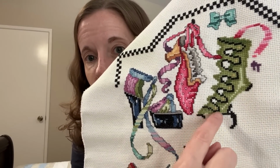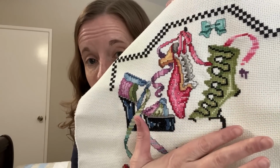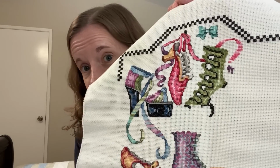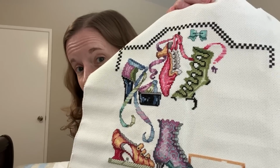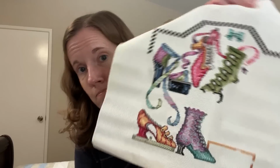So I'm starting in to finish out the green area, and then I'll do the black gray base of the shoe, and then finish out the ribbon and backstitch that whole area. I don't think I'll be able to get that done in 2 days of car stitching. So I'll do what I can and